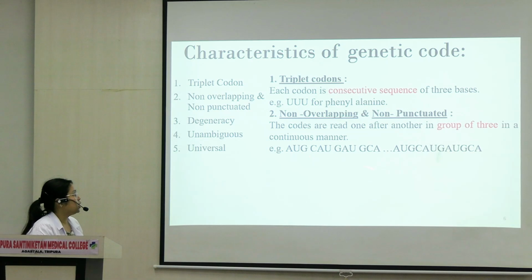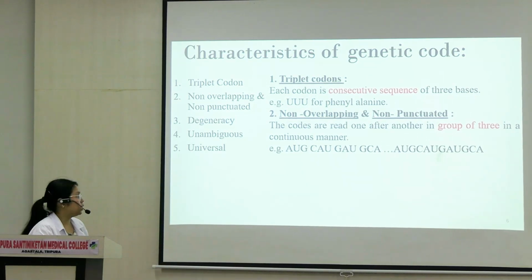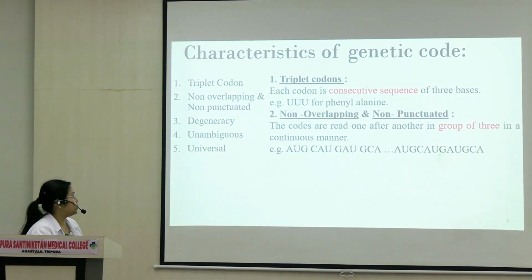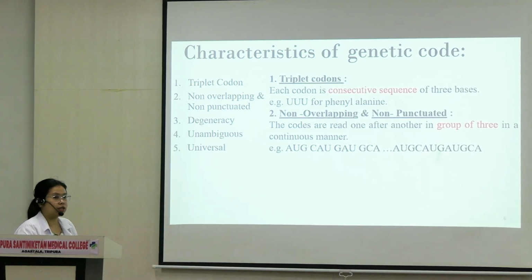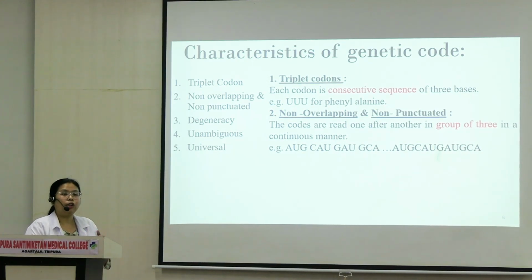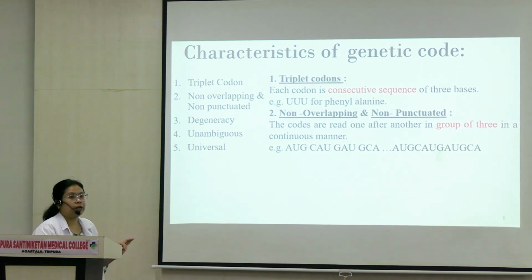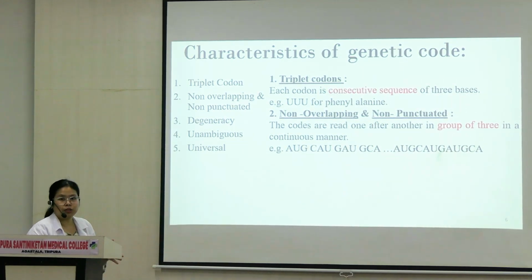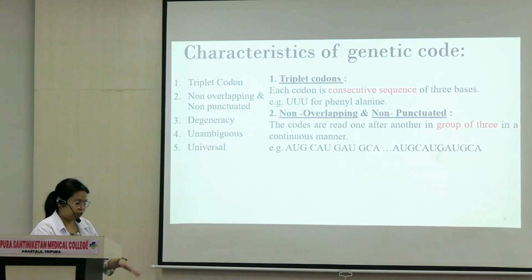Over here, see, this is the actual sequence of mRNA. This is how you see in mRNA, okay? But it is being read as a group of 3, like this, AUG, CAU. उसको डिवाइड करके ग्रुप में उसको रीड करते हैं. उसको रीड कौन करता है? tRNA. tRNA is transfer RNA. उसका जॉब होता है, it's a type of RNA that reads the nucleotide sequence on the mRNA. Okay, so this is what is called non-overlapping. They don't overlap with each other. There is no punctuation in between. There is no space in between. They are read in a continuous manner in a group of 3.